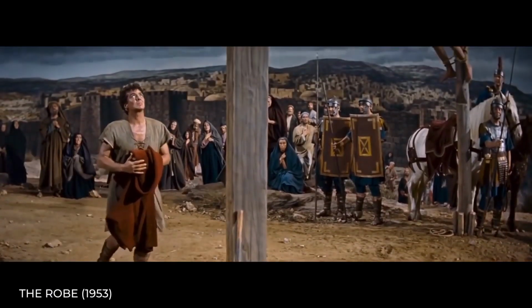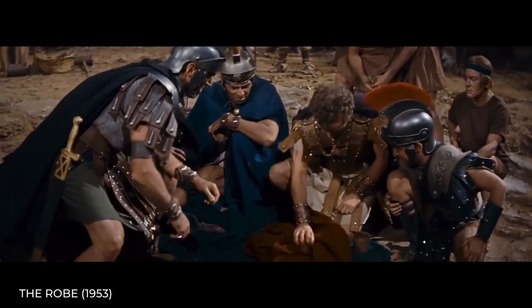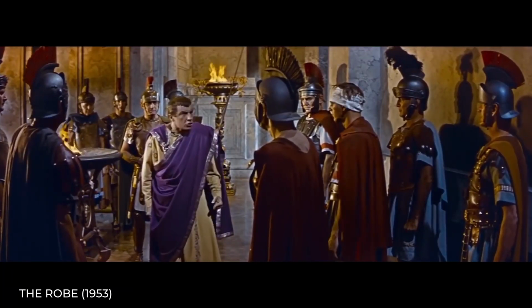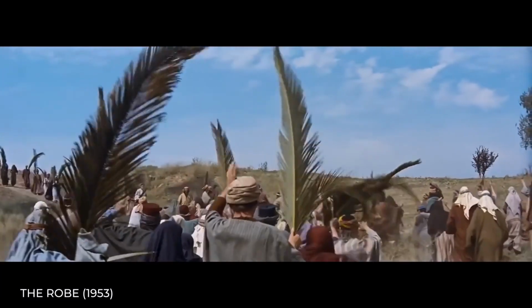On the 16th of September 1953, the first CinemaScope picture was presented at the Roxy Theater in New York. The Robe with Richard Burton, Victor Mature, and Gene Simmons was a biblical epic with a cast of thousands. Presented on a screen that was not only 2.5 times wider but also taller than anything that had been seen